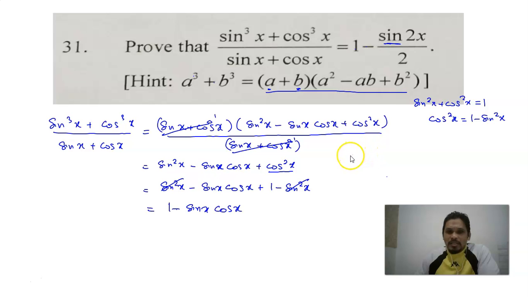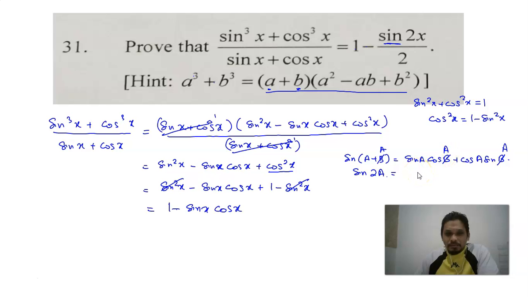Let's say sine (A plus B) equals sine A cos B plus cos A sine B. So if I change this B into an A, and A, so sine 2A equals